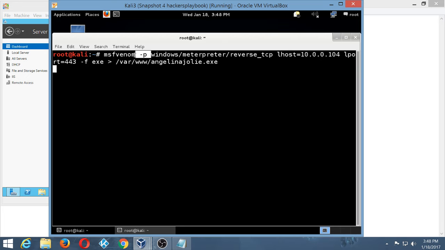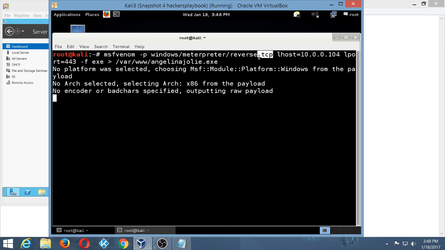-p stands for the payload we want to get, because there are about 300 some odd payloads within Metasploit. We're specifically going for a Windows payload. We're using a shell called Meterpreter, which is kind of like command prompt, but a lot cooler. The reverse TCP is basically saying that if a stateful firewall is in play, try to bypass it, because essentially